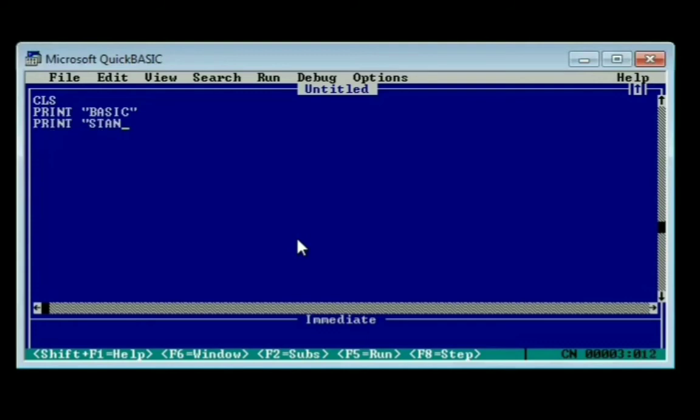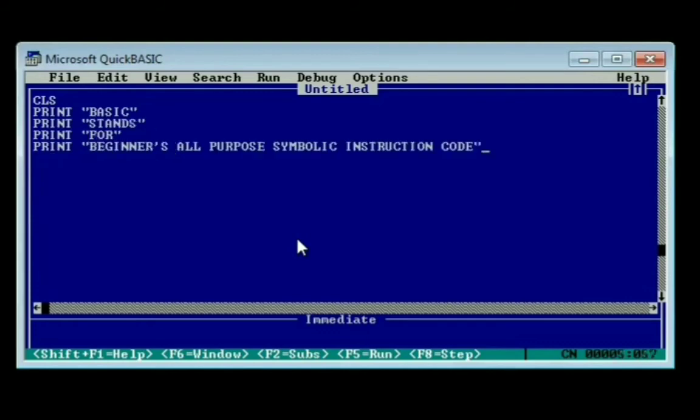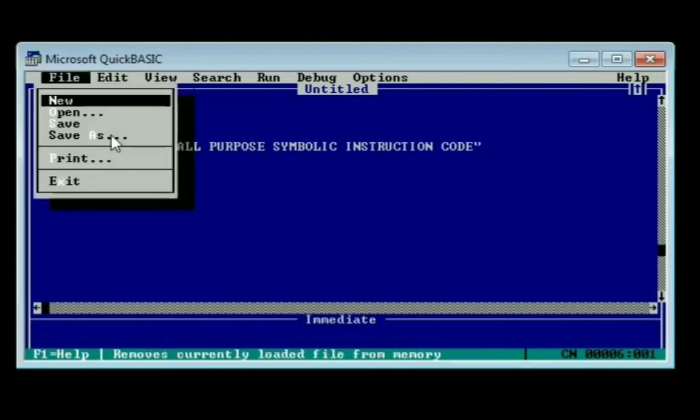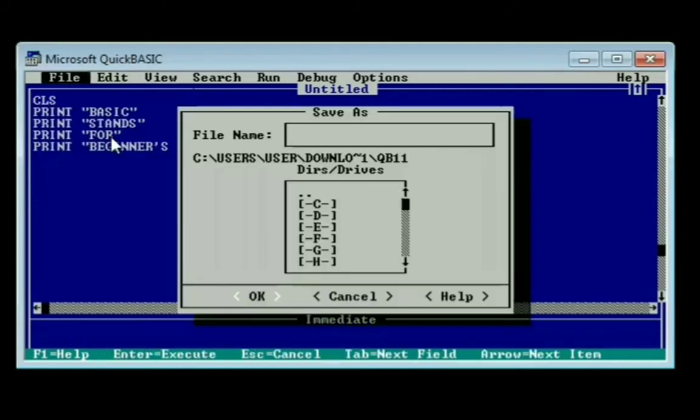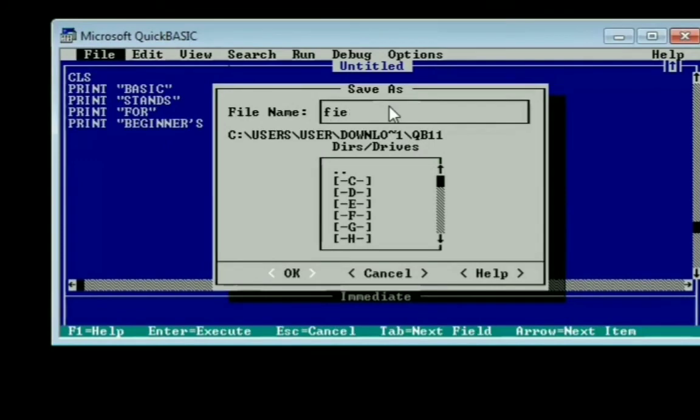Now, after completing this program, I need to save it. So I will click on the File option and from over there I will select the Save as option. So I will save this file as file.bas and will click on the OK button.